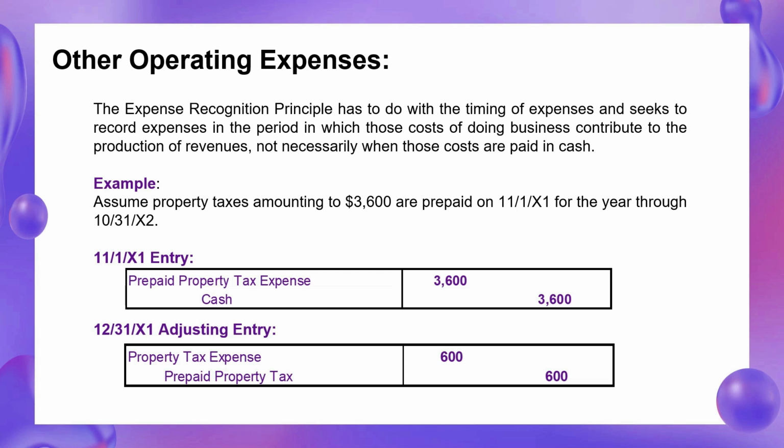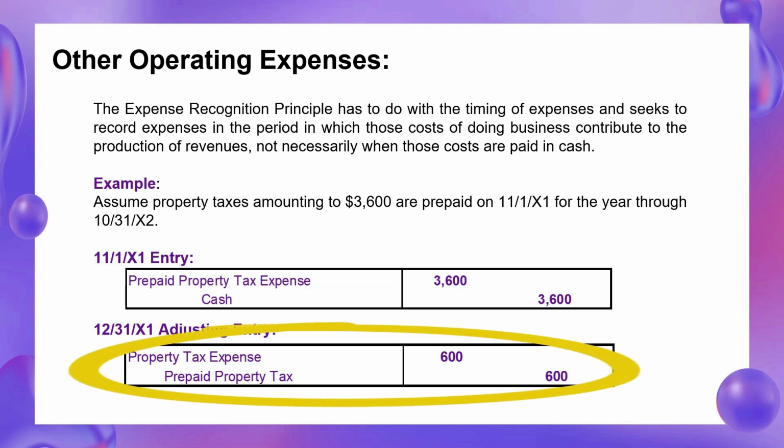2 months' worth. The property tax at $3,600, which is $300 a month given a 12-month period, would mean that we've really realized the benefit of this prepayment for the months of November and December, or 2 months, or $600 worth of the cost of this property tax should be reflected as a cost of doing business in this year X1. It's the period in which we had the benefit. So we'll debit property tax expense in an adjusting entry for 2 months' worth, or $600, and credit prepaid property